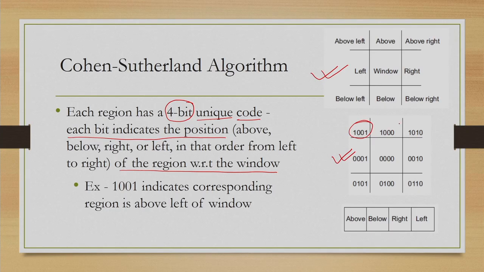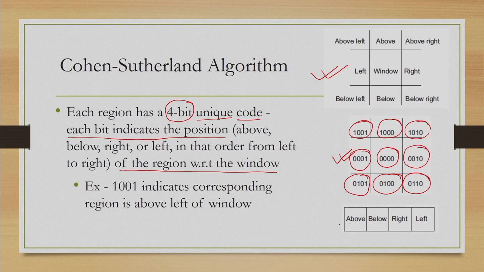Above left is represented by 1001, above by 1000, above right by 1010, left by 0001, right by 0010, below left by 0101, below by 0100, and below right by 0110. The central region or the window is represented by all zeros,